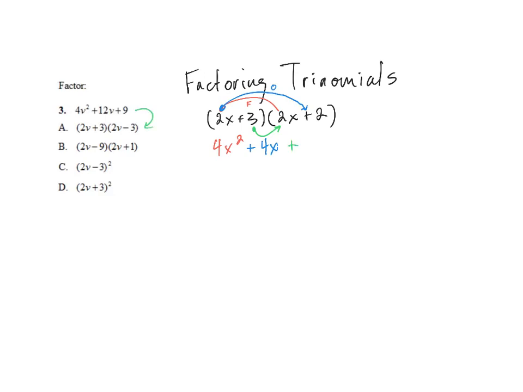Plus 6x, and then let's do a last: 3 and 2, and that gives us 6. Now, I have like terms here with the 4x and the 6x. So I want to basically simplify my